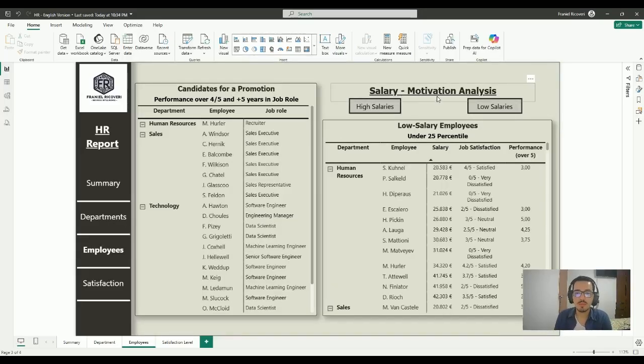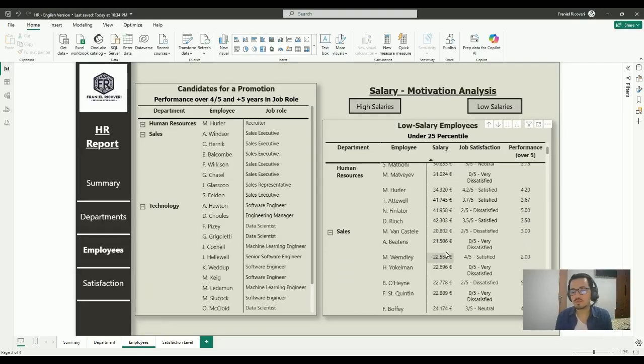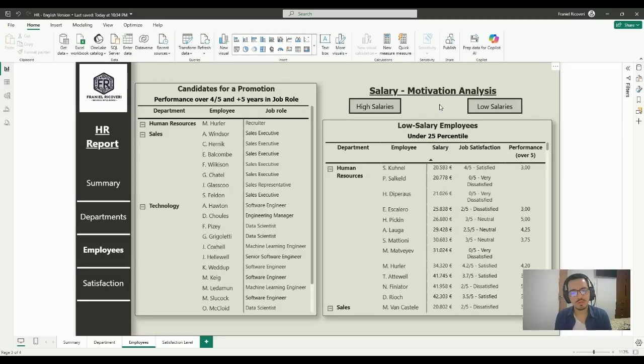Also, you have a salary motivation analysis to see how motivated each employee in the company is and what the salary is. And the human resource department can identify if people with low salaries are related to bad satisfaction, or people with high salaries are still dissatisfied. Here you have the low salary employees, under the 25th percentile of salary, and